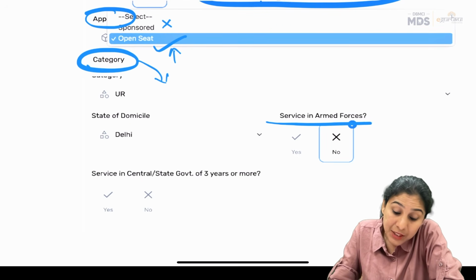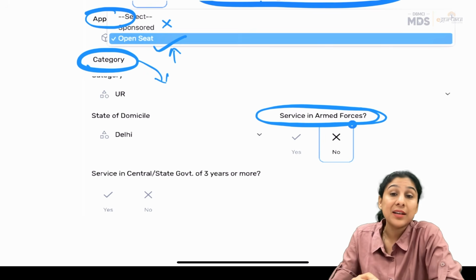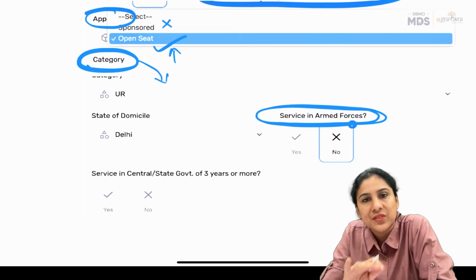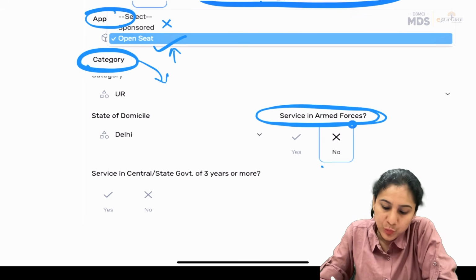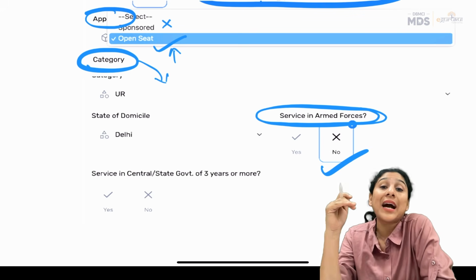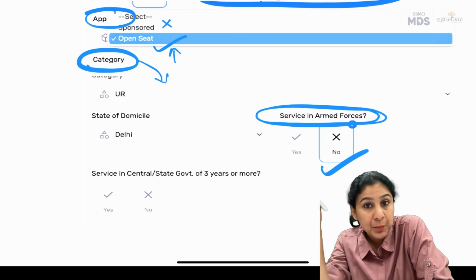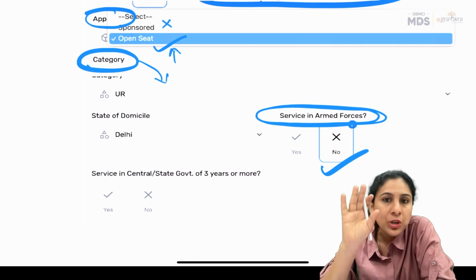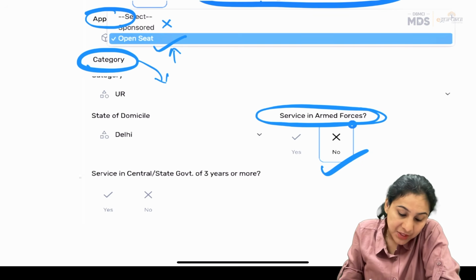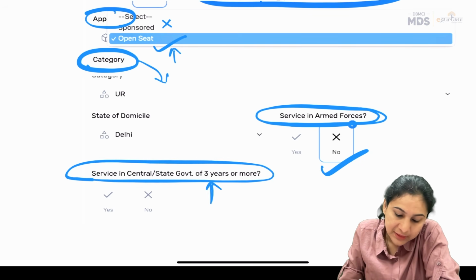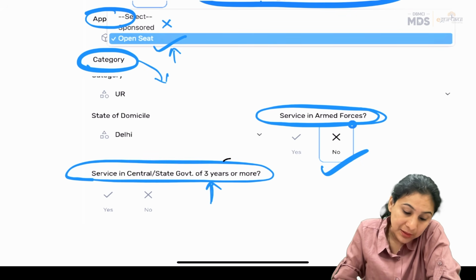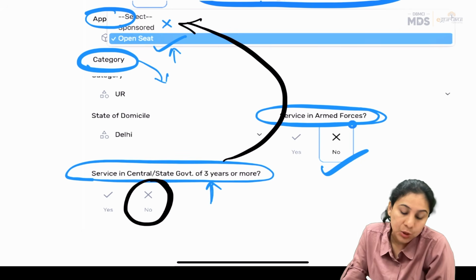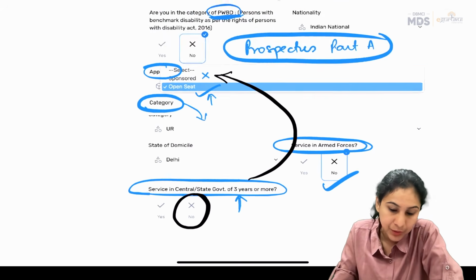Okay. Served service in armed forces, guys, it does not mean whether you want to serve. No. It means whether you are already doing a service in armed forces. 99% of you will mark no. Only the people who are currently serving in the Indian Army or military or air force, like Indian armed services, will mark a yes. So all of you, please mark a no here. Service in the central or state government for more than 3 years. Now these people are actually the sponsored candidates, and then you have to prove those things. So here also you will mark a no. Very clearly, you will mark a no here.